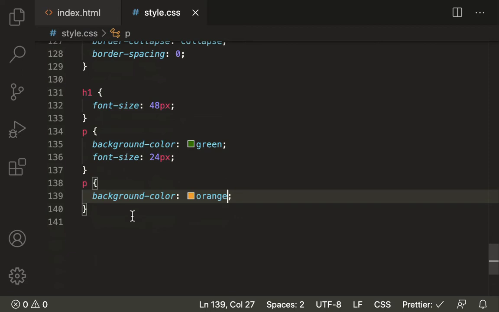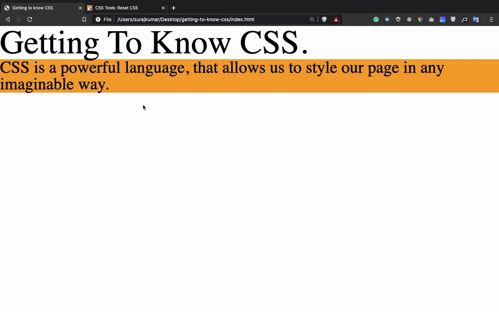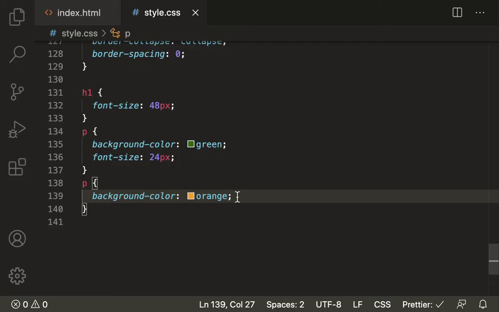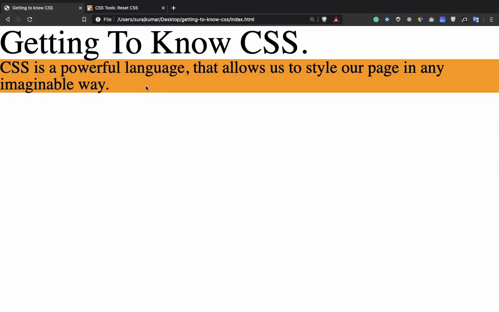Great. Here we see that first we applied background color green and the font size 24px, and again below we change the background color to orange of the paragraph element, and as soon as we check out our result we see that the paragraph is having orange background. Because the orange color is coming after the green for the paragraph, it will take more precedence, and the font size will remain 24 pixels because the second paragraph selector didn't identify a new font size.